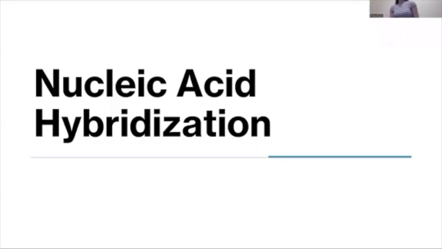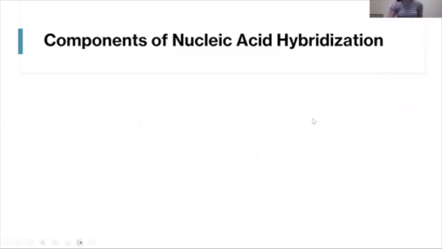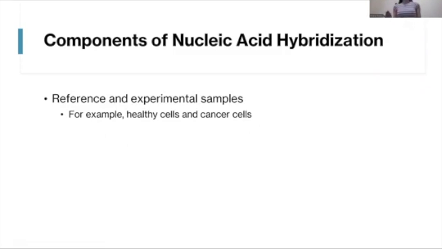So now let's go ahead and start talking about nucleic acid hybridization. We're going to start by looking at the components. We're going to go through the steps of the process, and then I'm going to draw it out at the end. So the first component that you need are some cells, and we call those our reference and our experimental